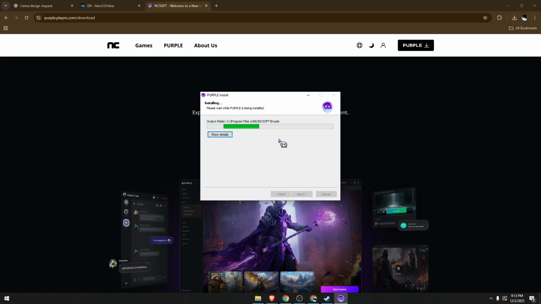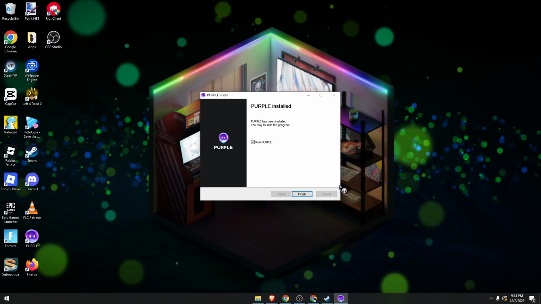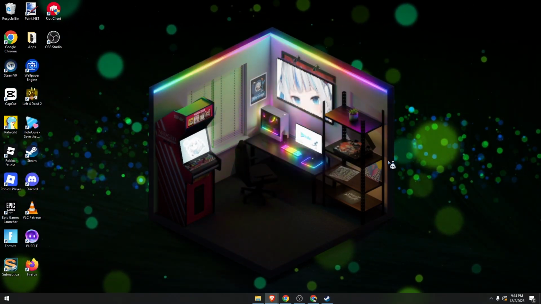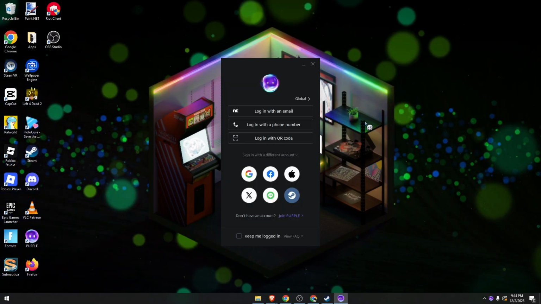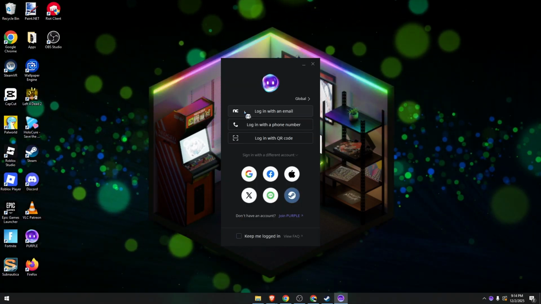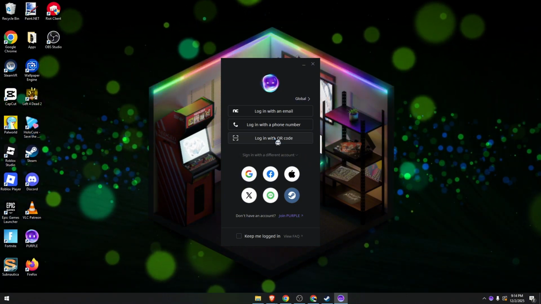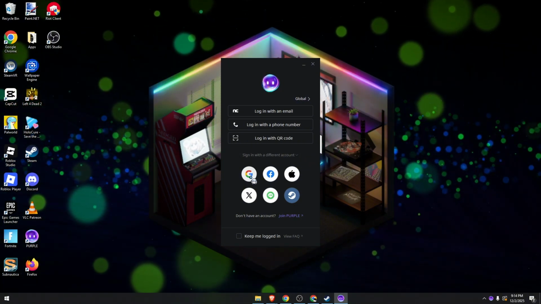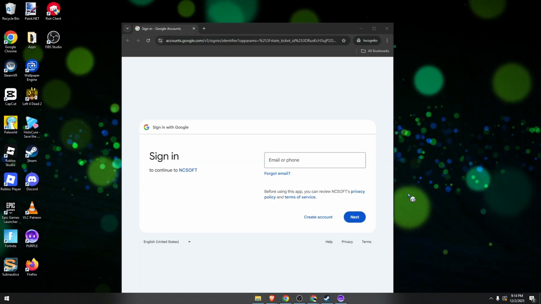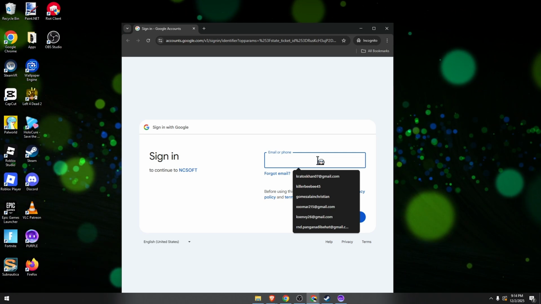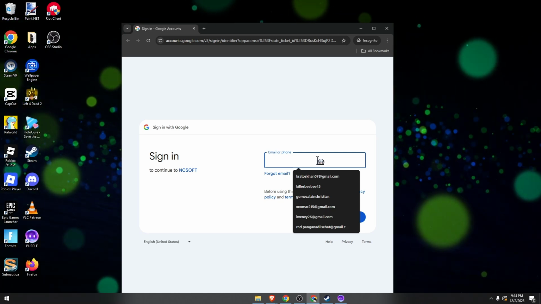Once done, you just need to create or log into your account. So click finish, run Purple, then just wait for a few seconds. Then you can choose to log in with an email, phone number, QR code, or sign in with a different account. I will just use my Gmail for this. You just need to log in, enter your email and password, and then once done, you will be redirected back